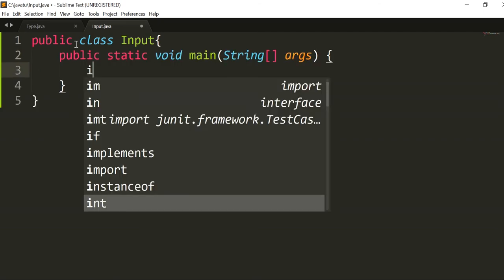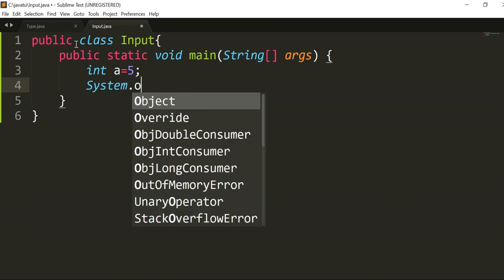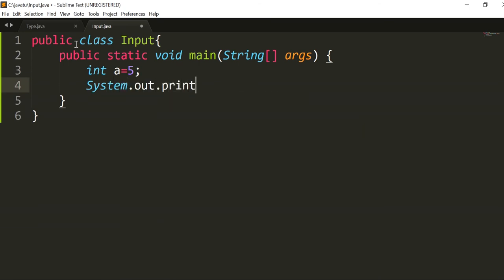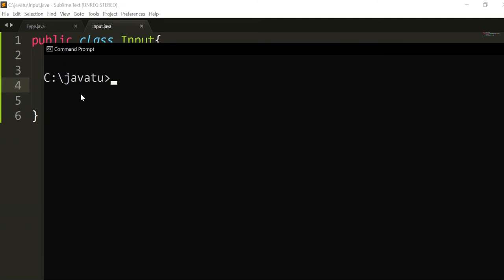Till now, if we want to take input, we are not taking input, we are just giving the input in our program, and we use it like this: println, and we print the value of a. Save the file, and open the command prompt, and let's zoom in so it's visible to you.